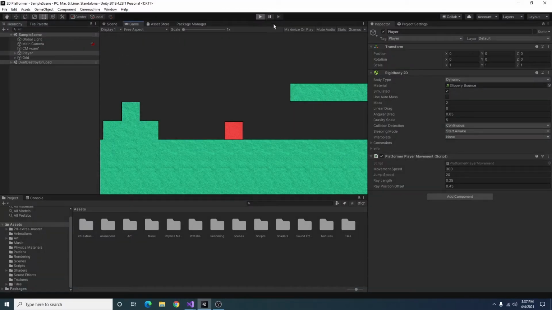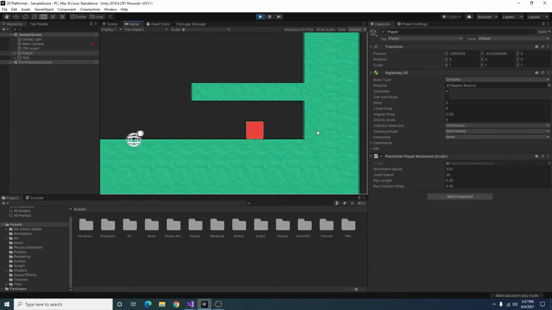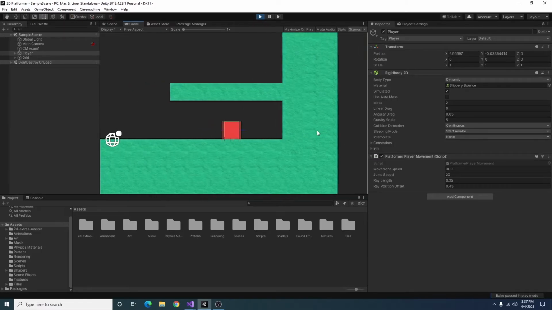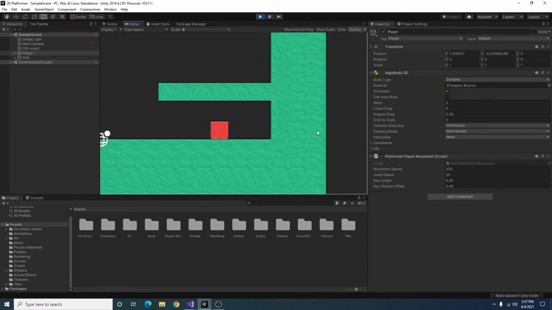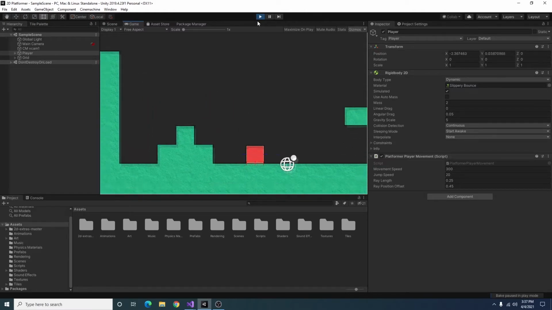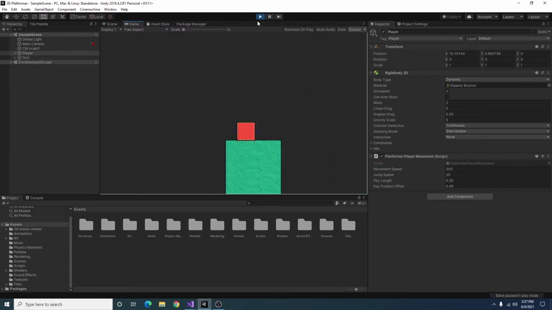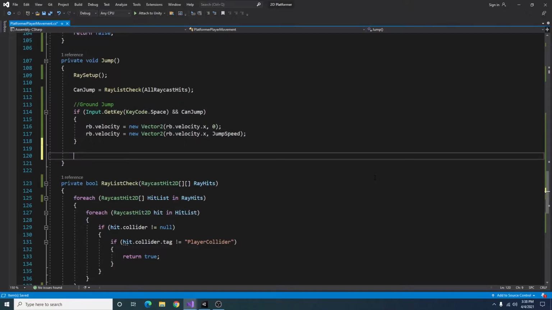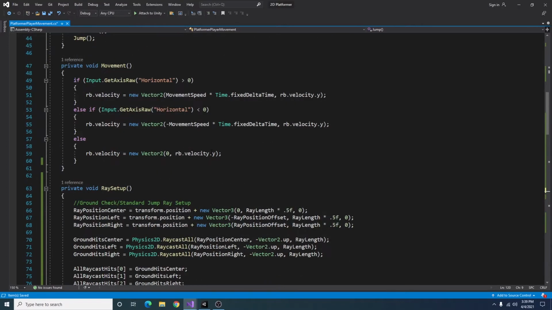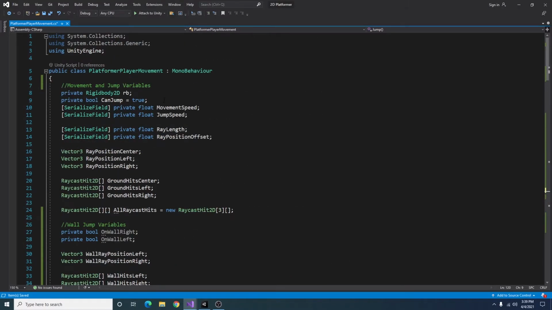In Unity, we can go ahead and run our game, and then we can click on gizmos, move our player around, and as you can see, we have our ground rays and our wall rays. Our jumping and our movement seem to be working, so let's go ahead and add our wall slide. So one more thing before we add our wall slide, we need to add a bool to check if we are on the ground. So I'm going to go ahead and go back up top,